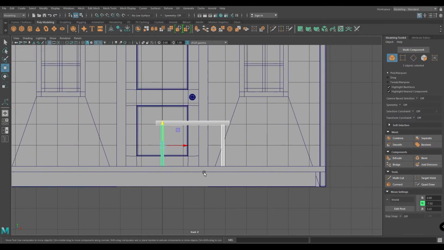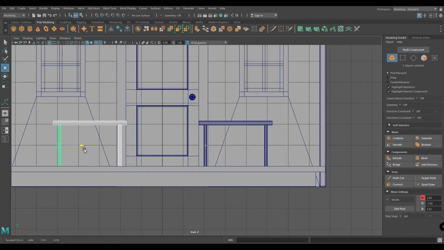Now go to front view again, place them here. Press Ctrl D to make a duplicate and place this one here.